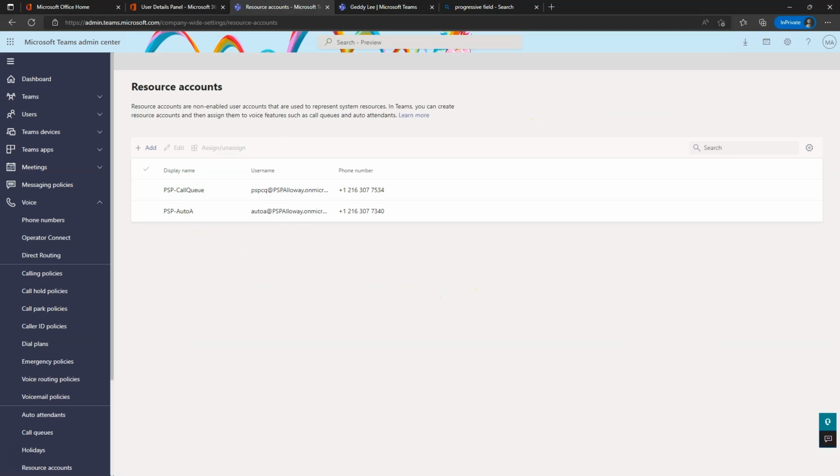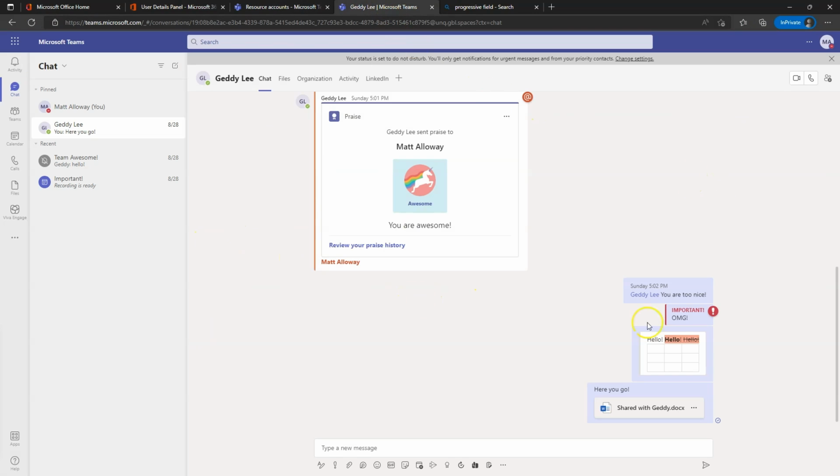Thank you for calling the call queue. So it puts us on hold, and I am getting a call over on my Geddy Lee here, but you see that Matt, I'm not getting anything. So I'm going to go ahead and hit the thing on that one there. Whereas my Matt account over here would absolutely, if I were available,